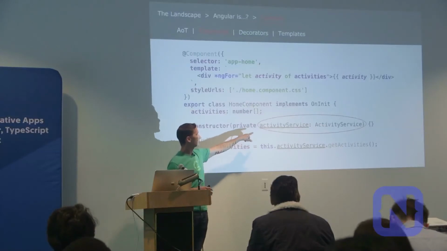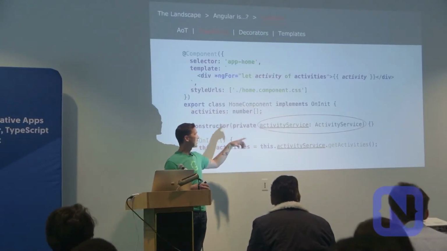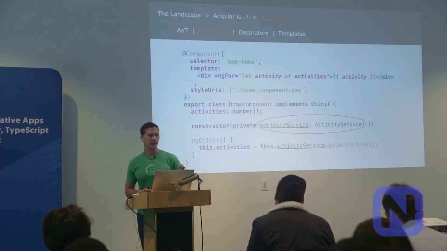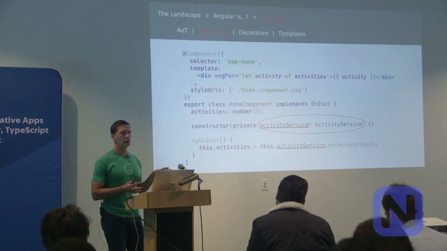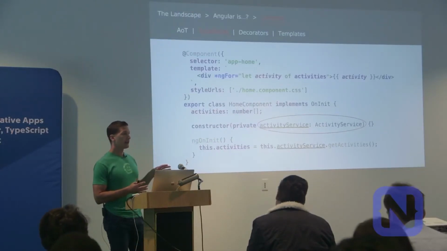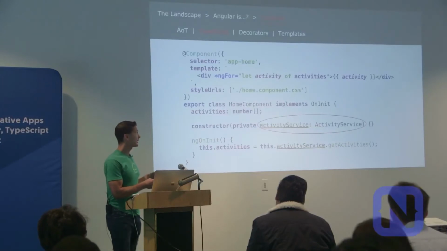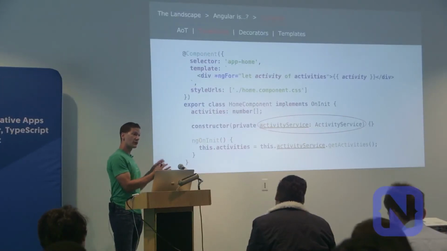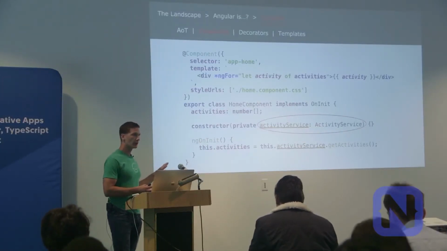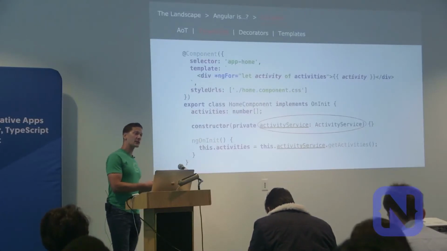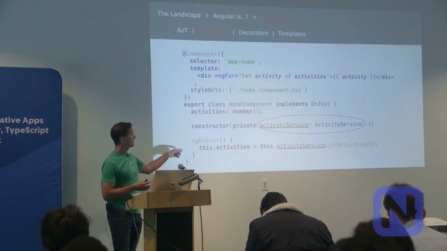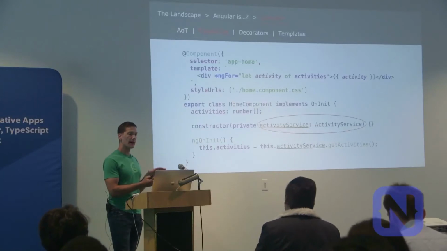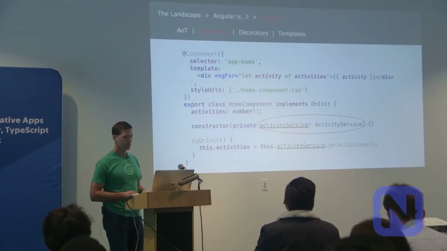In order to correctly inject this value and have this run at runtime, there is a pretty sizable chunk of the framework dedicated to that. But when you do ahead-of-time compiling, that entire section of the core framework just isn't needed anymore. And so both the core framework size gets smaller, and your own custom code's compiled size gets much smaller.